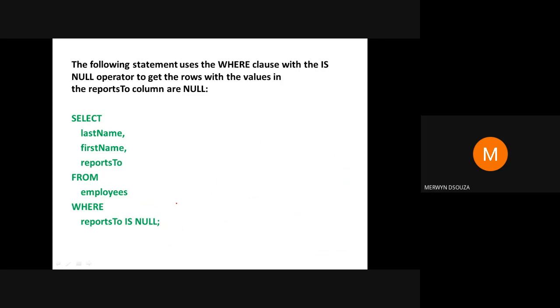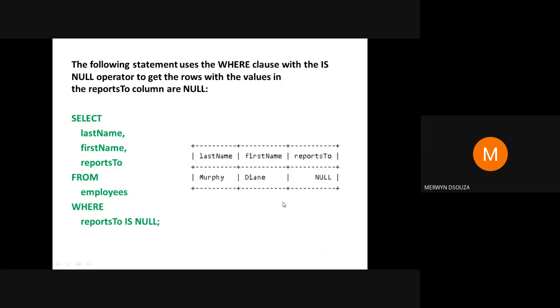The highest authority in a company will not report to anyone, for example the CEO or the president, or in our college, the principal or the director. They do not report to someone else higher than them. So we are basically trying to select the highest employee from the employees table.